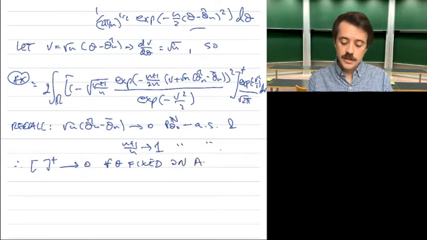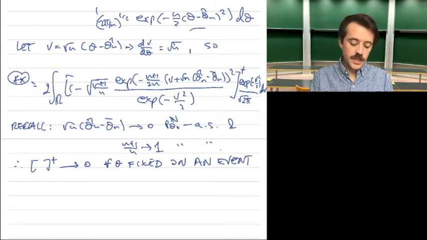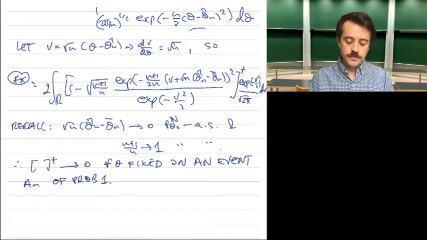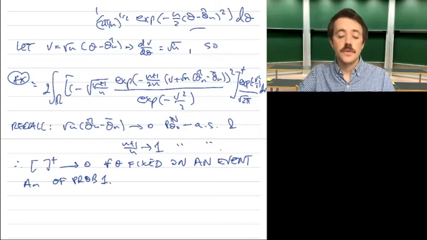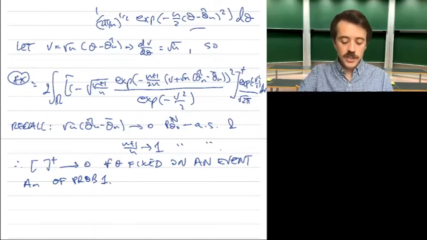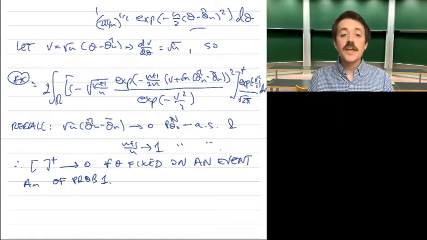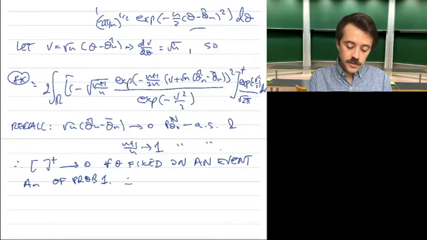On an event, a set of events, of probability 1, right? Okay, so that's just by the definition of convergence almost surely of these two guys, and then you can check that if you fix the theta, you get this. And then additionally, in addition,